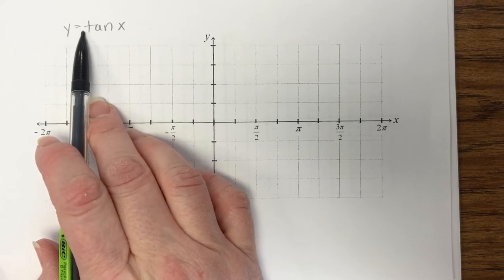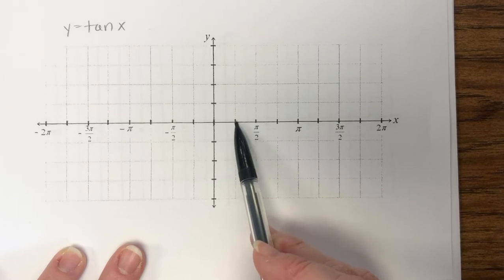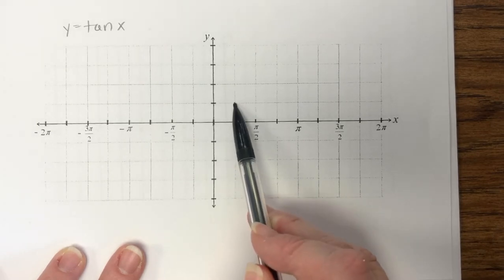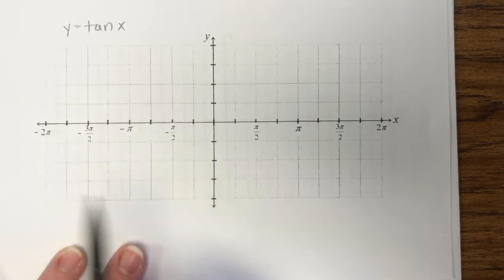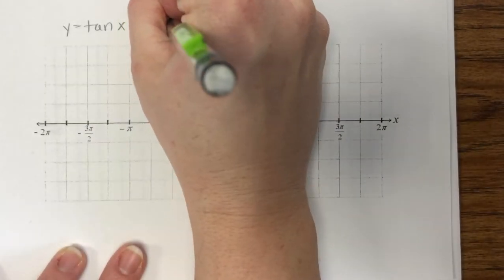This one, the leading coefficient is 1, and so that's only going to change tangent of pi fourths. Tangent of pi fourths will be 1. It's just called a vertical stretch and a vertical shrink. Okay? Our period